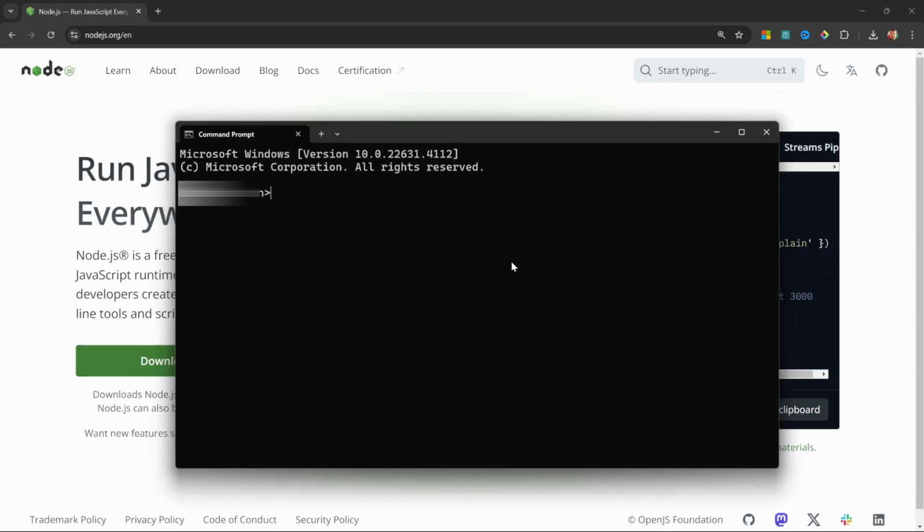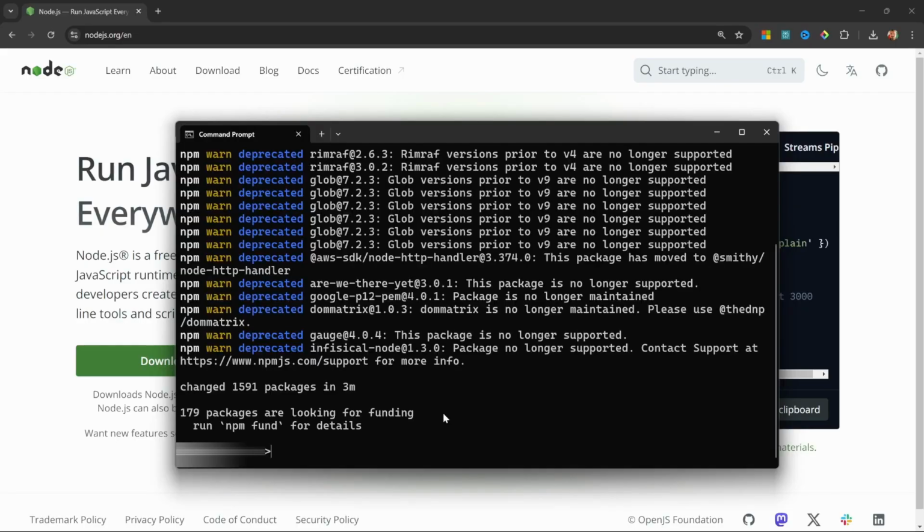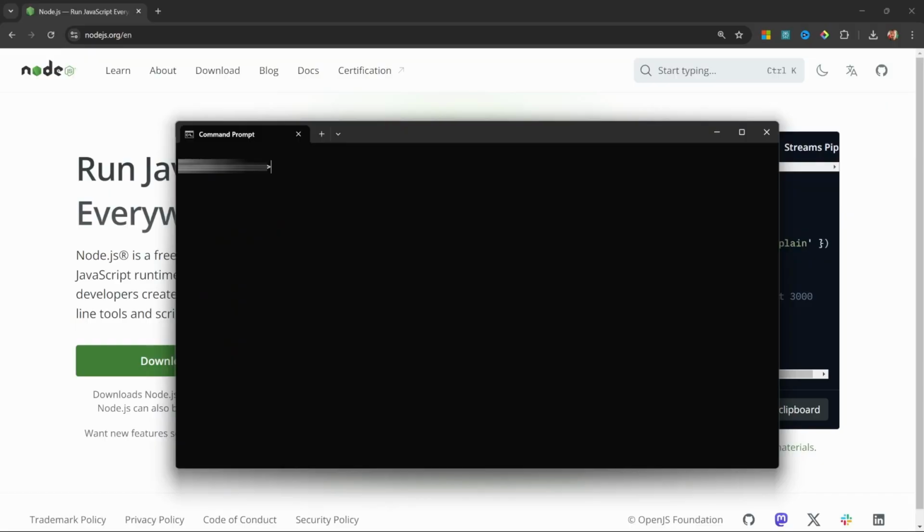Now let's go ahead and install N8N. Let's enter npm install n8n -g and let's press enter. This will take a few minutes to complete. Now that installation is complete, I'm just going to clear the screen to make this a bit more readable. Now the next time you access N8N, you don't have to execute the installation process again. To access N8N, you can simply enter n8n or n8n start. Either of these should work.